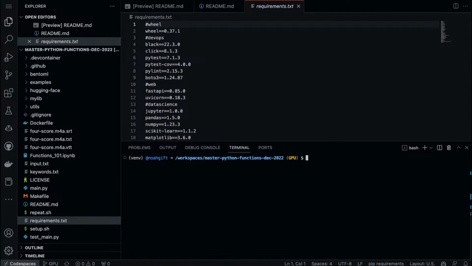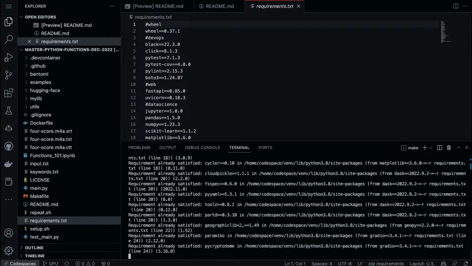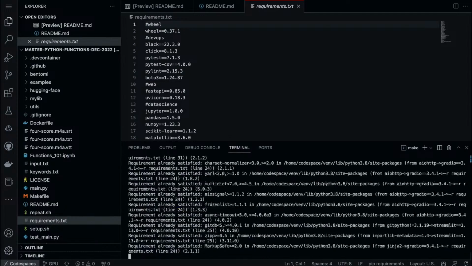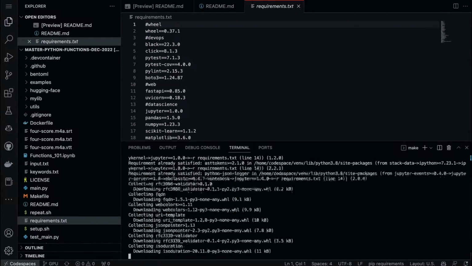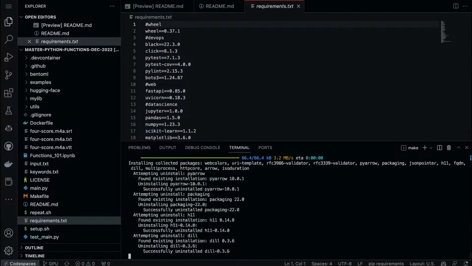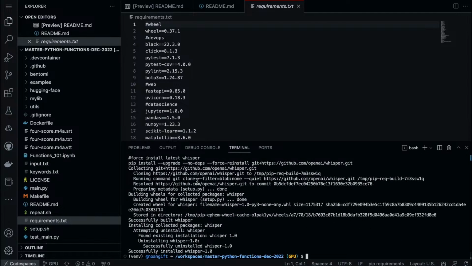In fact, let's try this real quick. If I just type in make install, here we go. We can see that in fact, it'll go through and it'll try to do all the installations. It should find cached requirements. You can see they're already met. So there's not anything to do other than it's going to check and see if there's a new one to actually install. Now, one thing I'll point out about this whole setup is that this is part of the feedback loop to build production software, is to constantly be testing your installation method and also to keep it very, very simple.